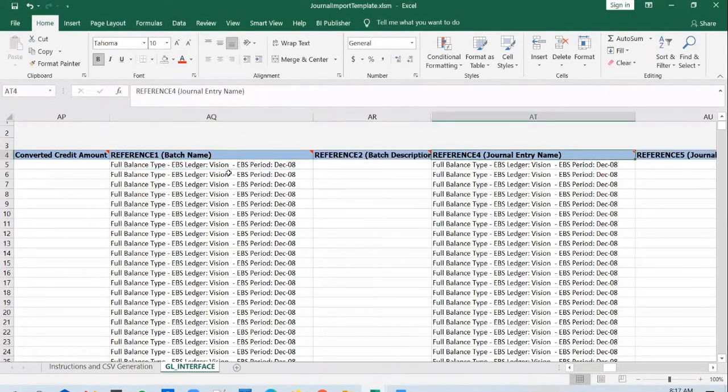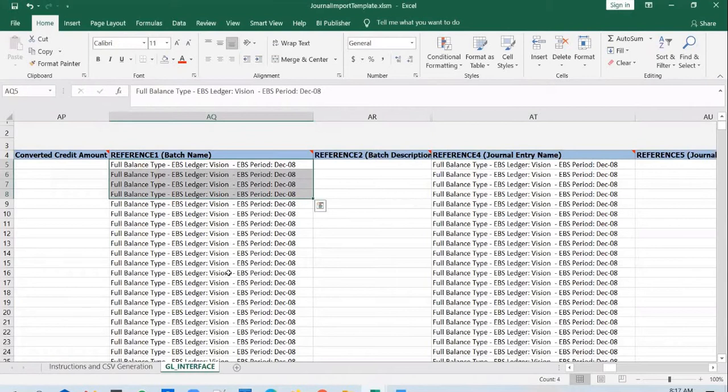So if you pass in 4 lines in the FPDA sheet, and you mention the same journal name, same reference 4, then the Import Journals job will create one journal. And if the batch name is also the same, then the journal will be included under a single batch.